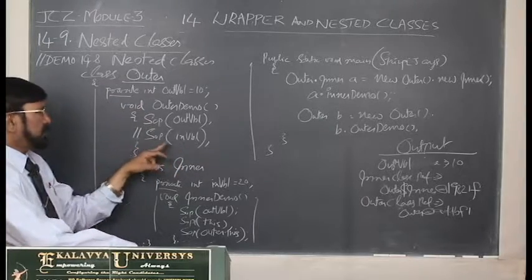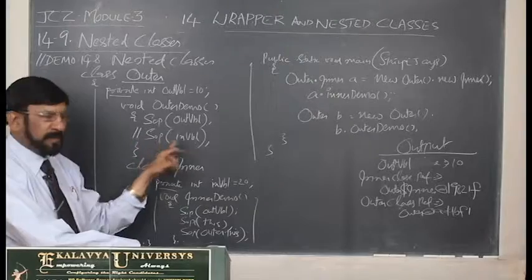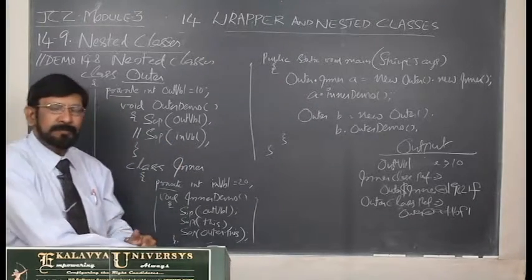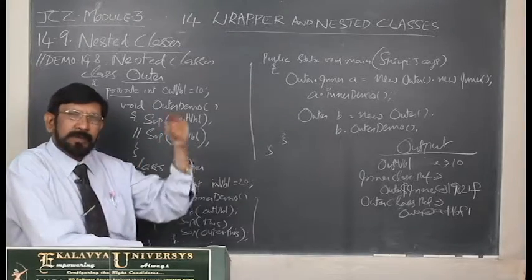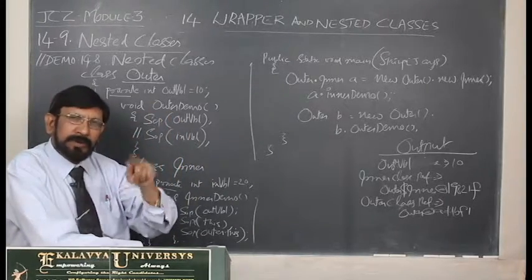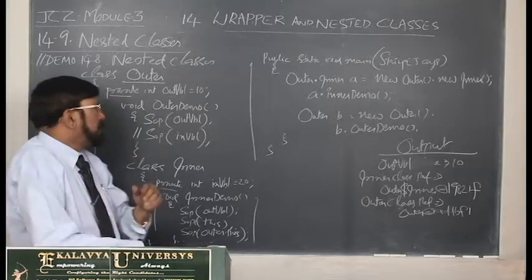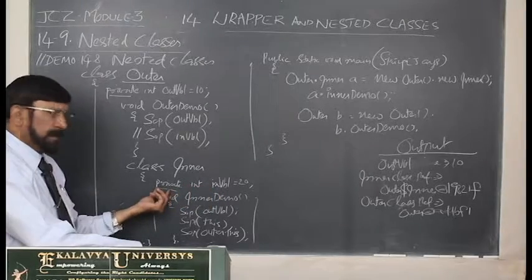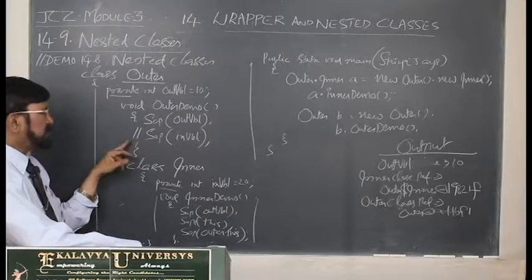And if you open this, which I commented out, an error will come. Why will the error come? What is the limitation I told you? The outer class can access only non-private members of the inner class. But what about the inner class variable? It is a private member. That is why the outer class cannot access it.